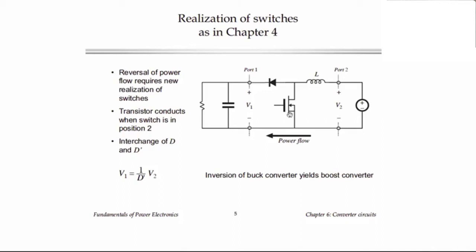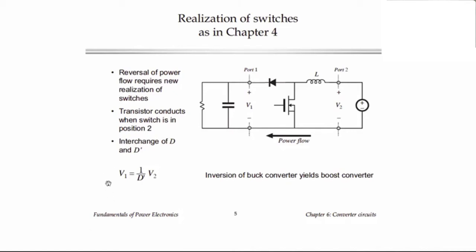It's really just semantics. We typically define the duty cycle according to the transistor duty cycle, and here when this transistor is on, the switch now is in position 2, not 1. In fact, we can just define switch position 1 as when the transistor is on, and if we do that, we have to interchange D and D prime. So V1 we then write as 1 over D prime times V2 instead of 1 over D,